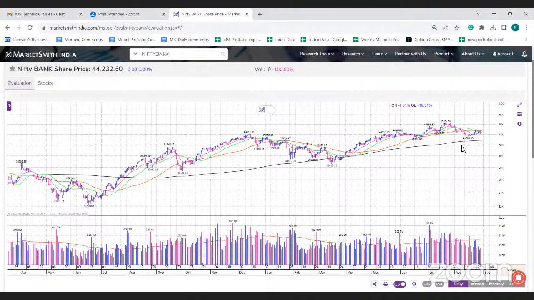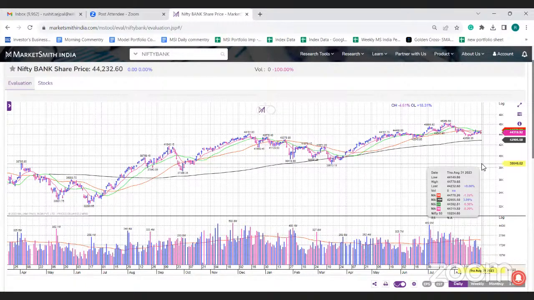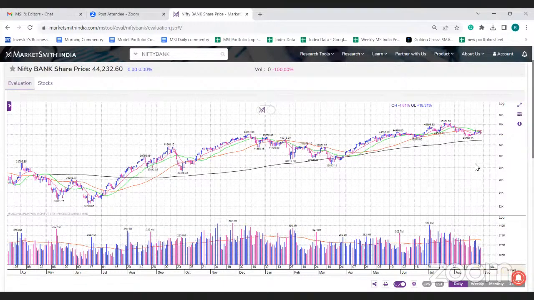But yes, overall, if you look at the index level impact, then the larger banks have a huge impact on the movement of the index. And they are, I think, stopping the Nifty from moving higher. Now, the Bank Nifty is attempting to reclaim its 50 DMA, but it is failing to do that. I think 2-3 times in the last few days it has attempted to reclaim that level, but it's not able to do that.